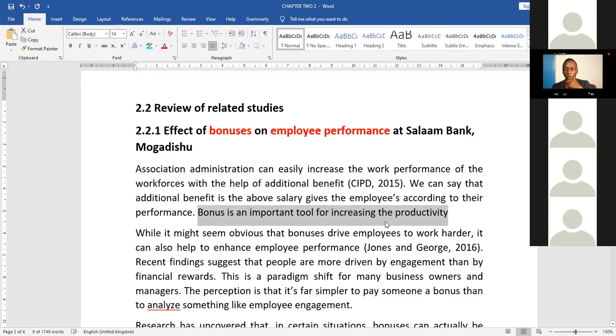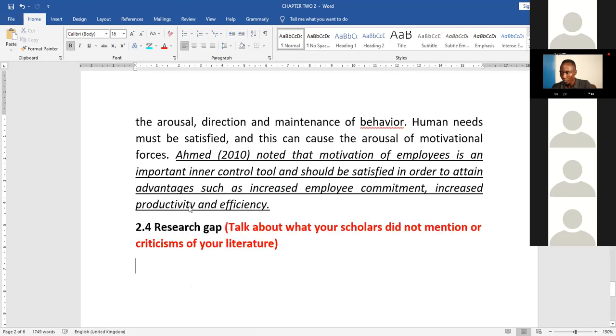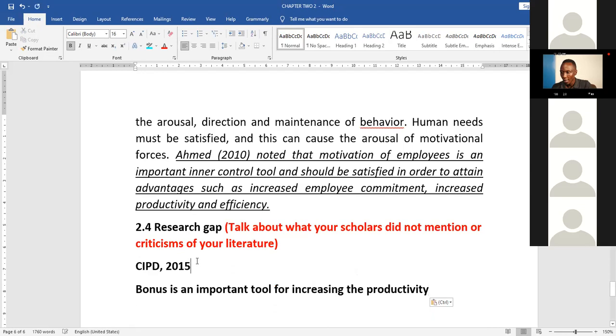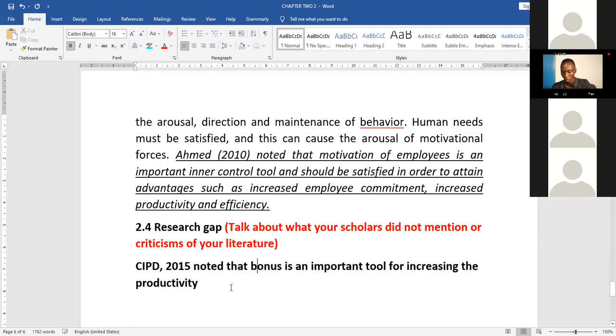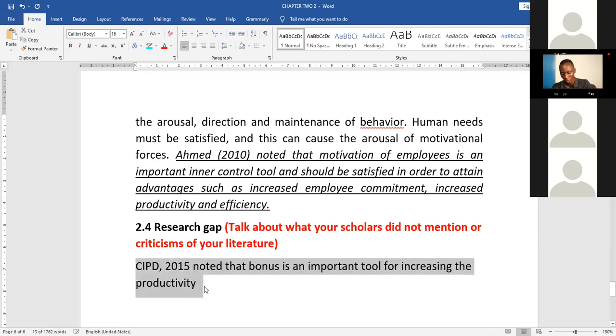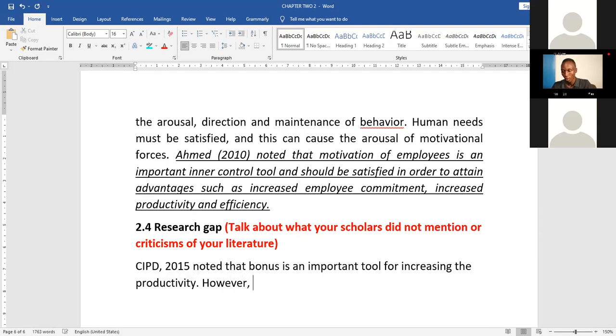So what we are going to do is copy the author and the statement that you want to disagree with, just like that, and then go down to the gap here. And then we say, so and so 2015 noted that bonus is an important tool for increasing productivity. Then you can now criticize him and say, however, this person